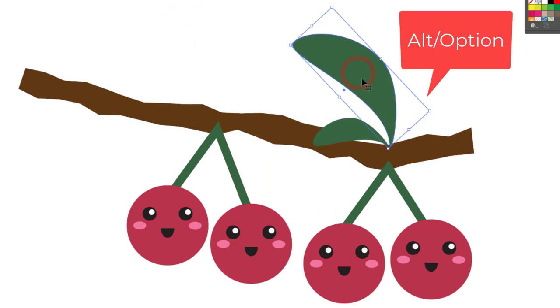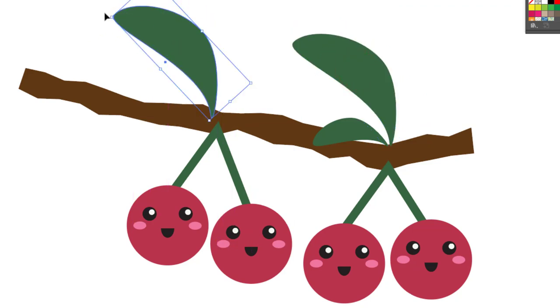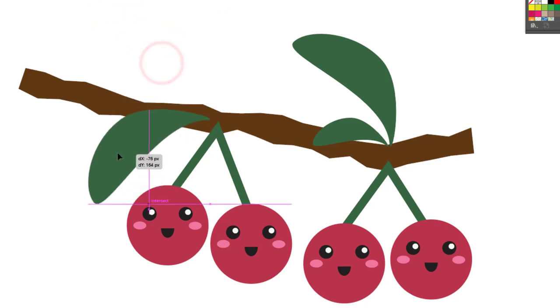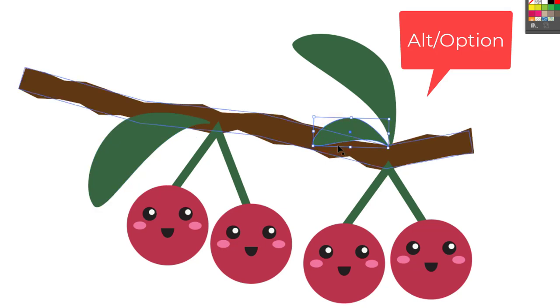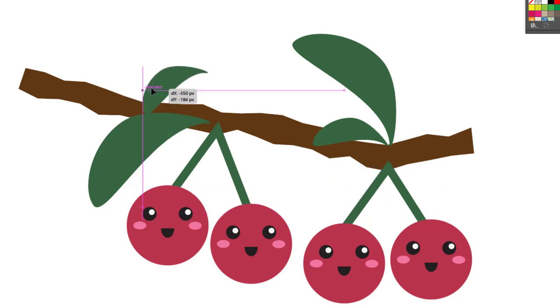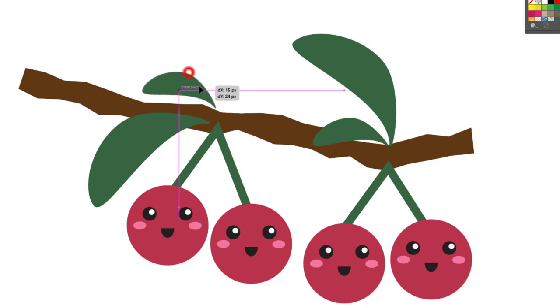I'm going to take this big leaf, hold down Alt to make a copy. Maybe I'll put that one kind of coming down here on this side. I think I'm going to hold down Alt, make a copy of this leaf, rotate it a bit. Maybe I'll have this one up here,